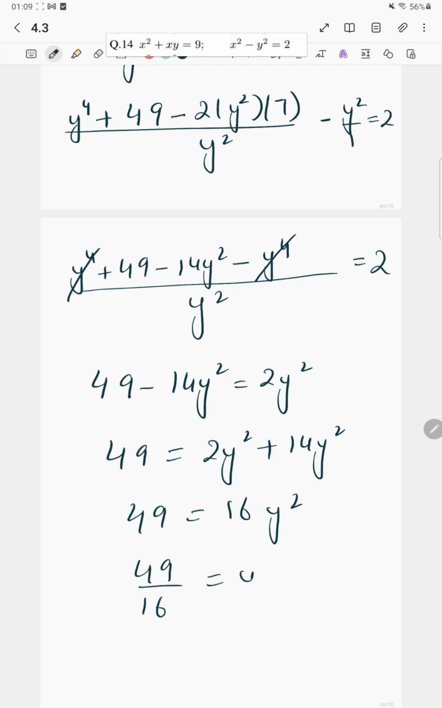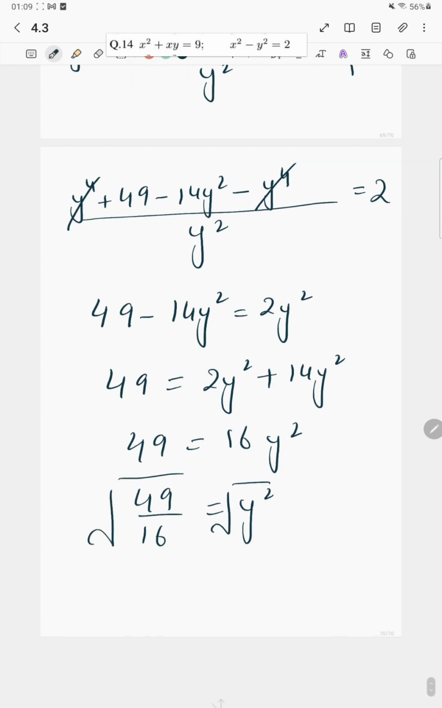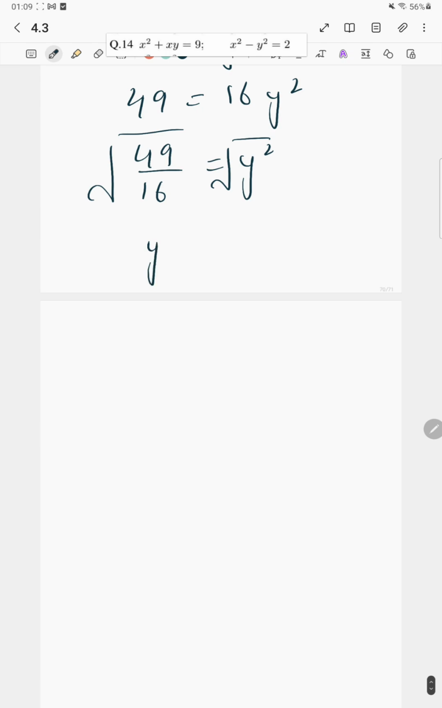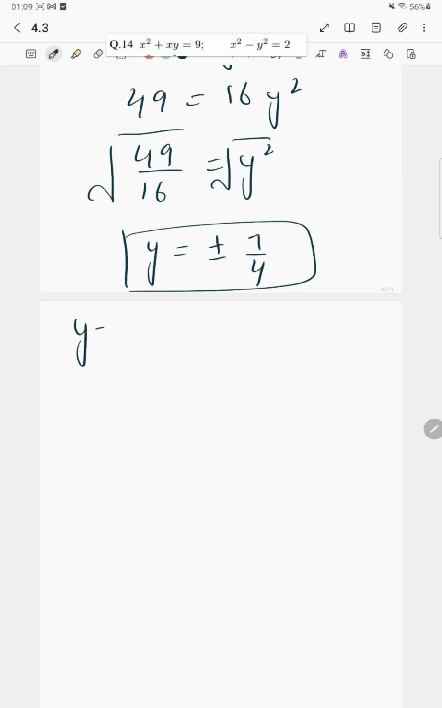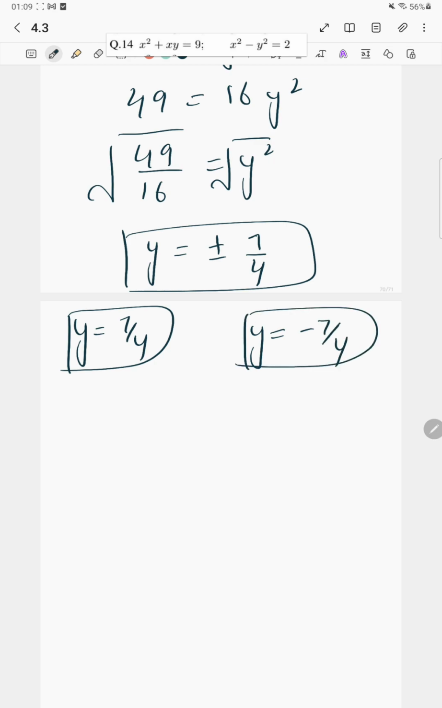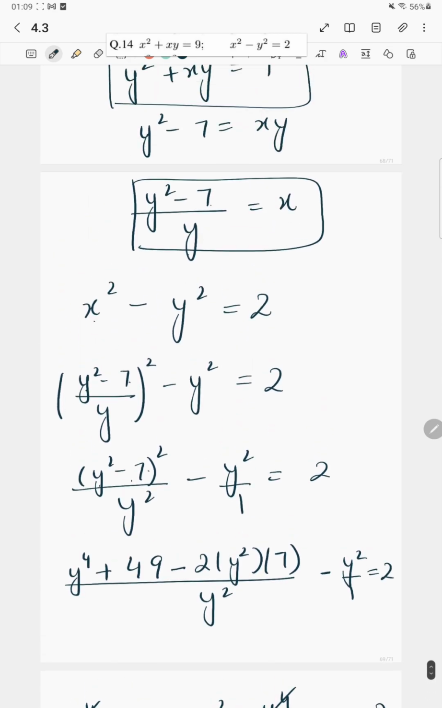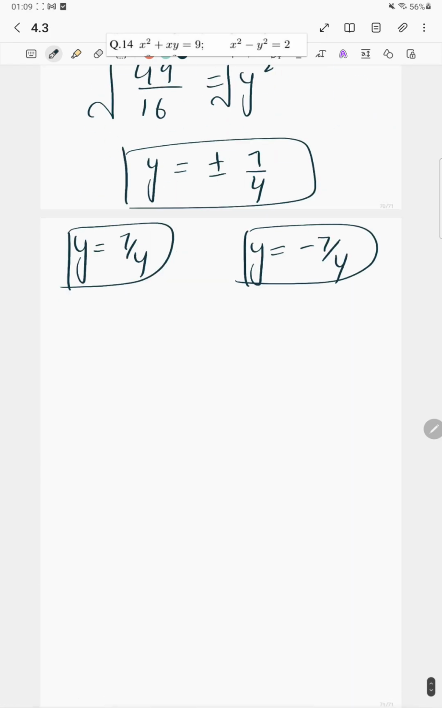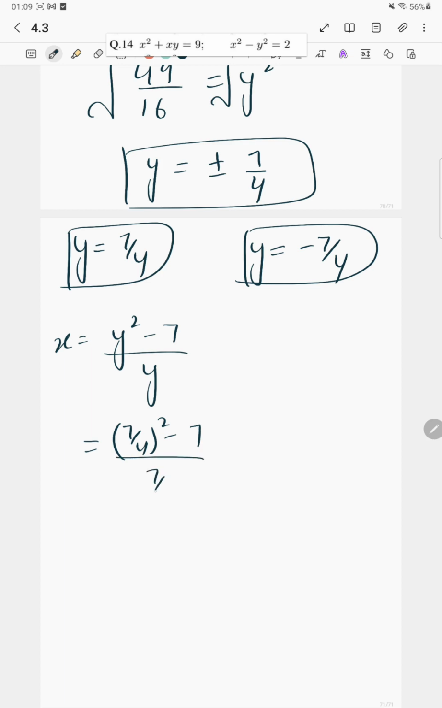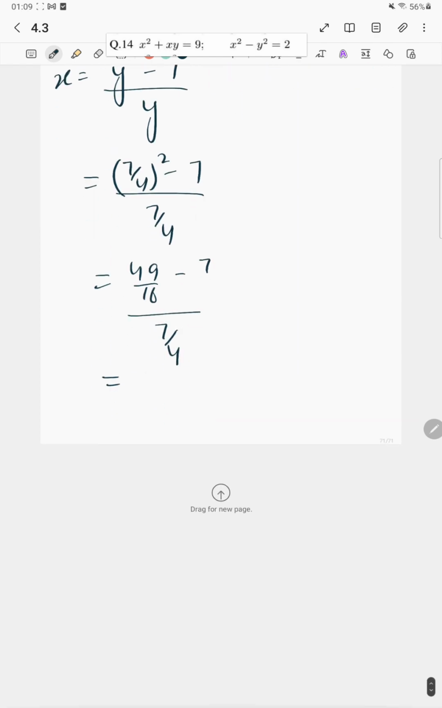49 over 16 is equal to y square. Taking square root on both sides, we get y is equal to plus minus 7 over 4. So we get the value of y 7 by 4 and value of y minus 7 by 4. Now we can find the value of x. X is equal to y square minus 7 over y. So it's 7 by 4 square minus 7 over 7 by 4, 49 over 16 minus 7 over 7 by 4, which is equal to,